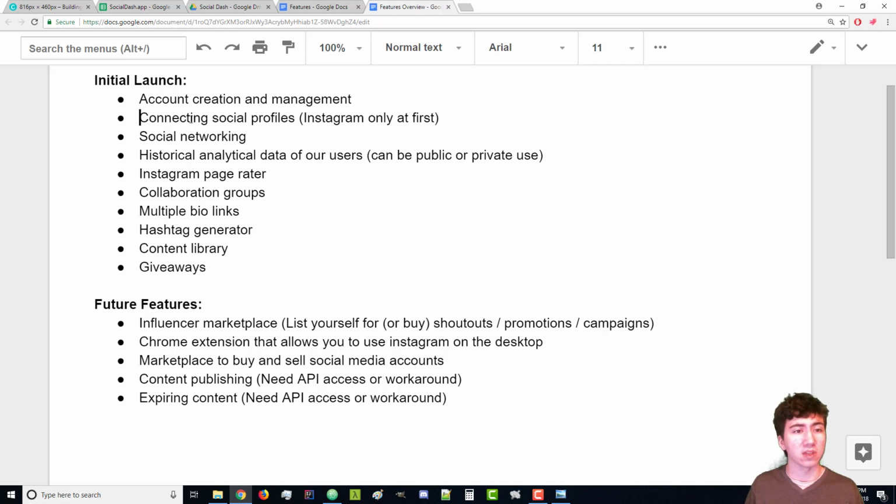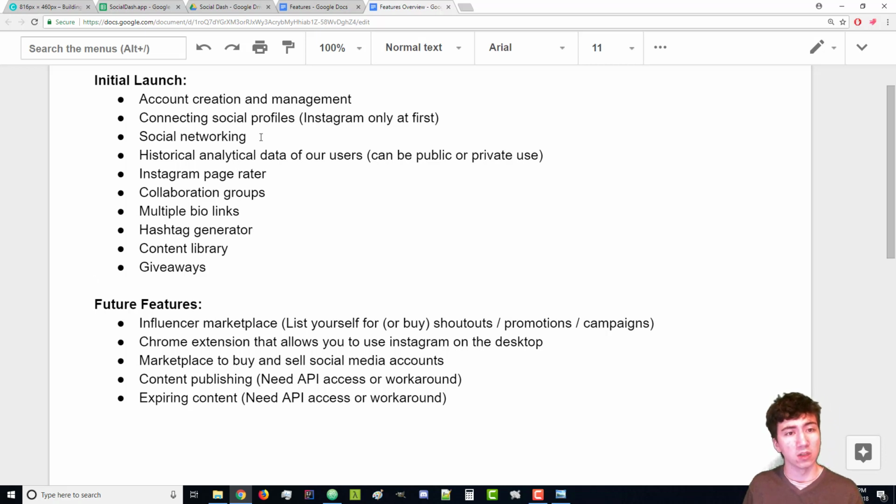Then the second thing we have is connecting social profiles, so you can link your Instagram account, which is kind of how we have API access to understand who your account is, what type of niche you're in, and a lot of other data on your account to help provide you with the best service we can to help you grow. It says Instagram only at first, because in the future, if Instagram does go well, then I might be adding YouTube and Twitch and providing features and tools to help influencers on those platforms grow as well. That's the end goal. It's just that Instagram is the first vehicle we're using to provide the service and the solution.